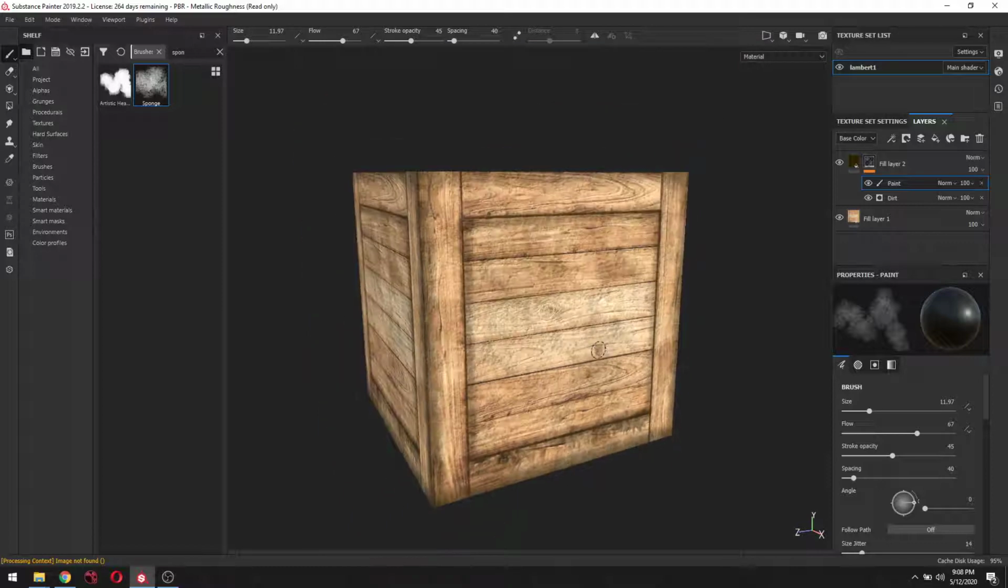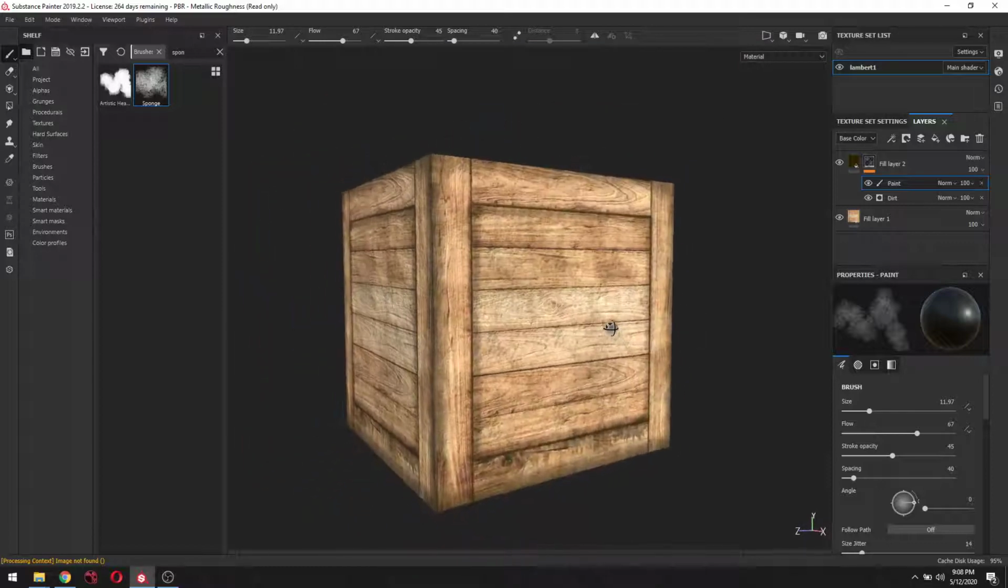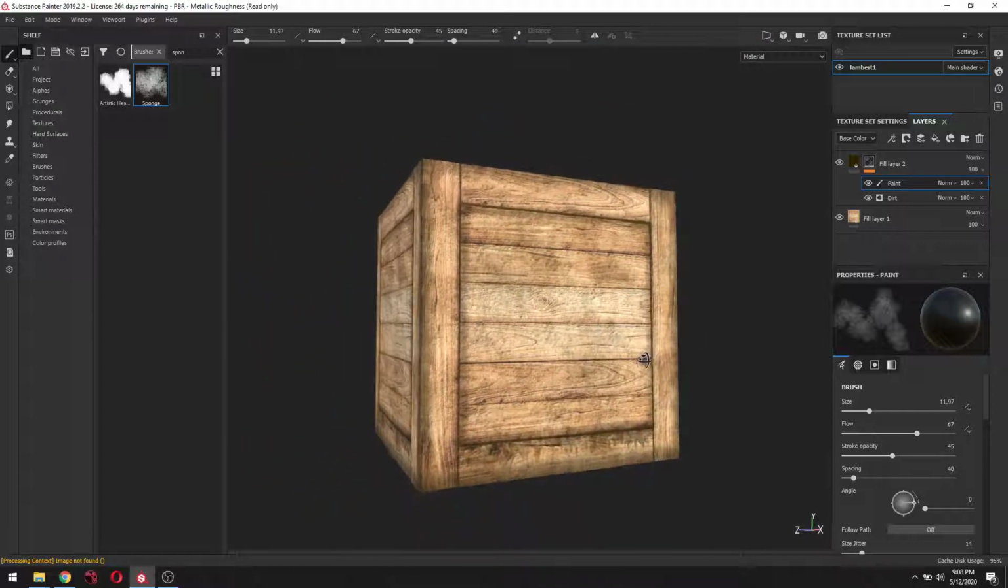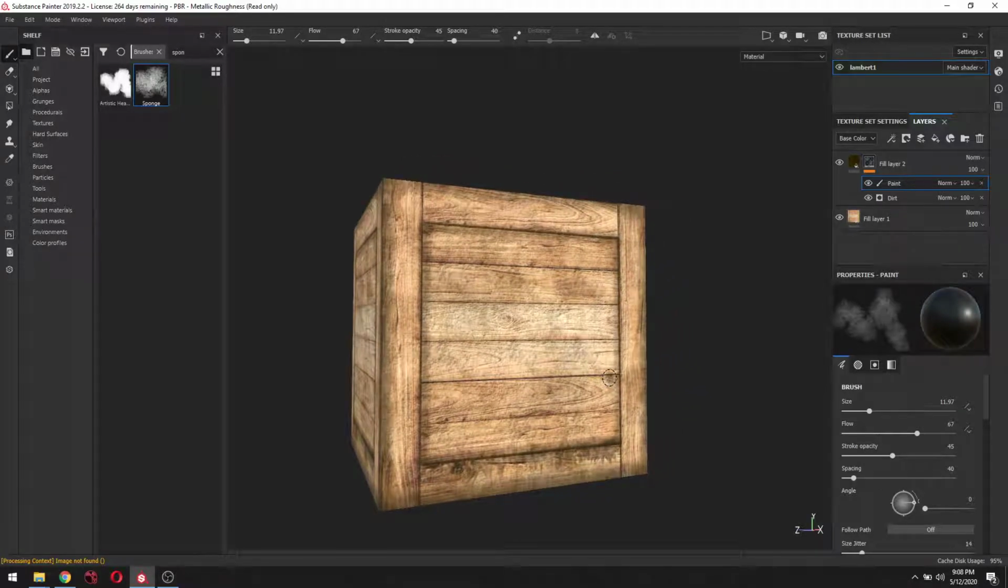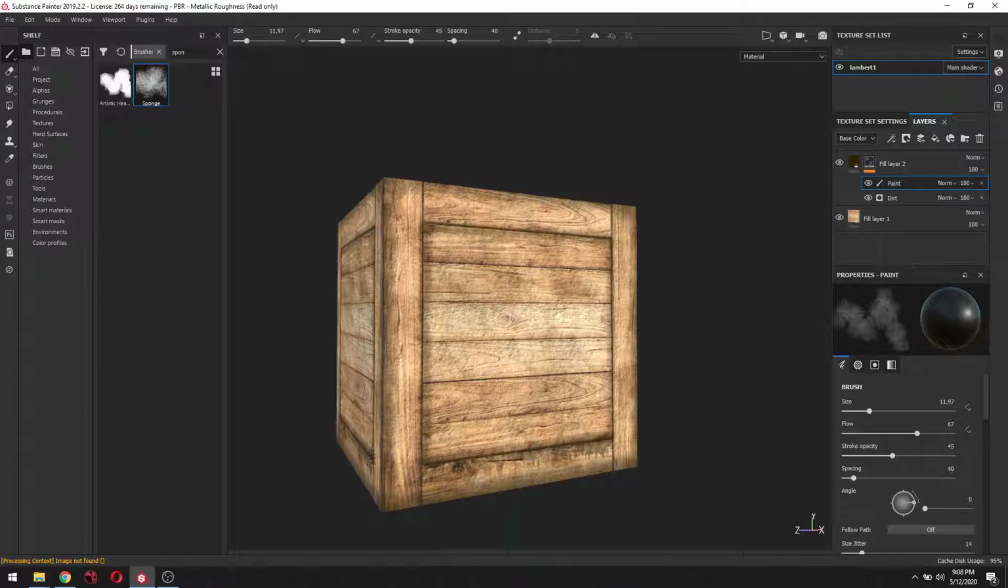Okay, so there is your crate. Okay, now I'm not finished here. I want to get a little bit more creative. I want to go ahead and add some textures along the sidelines right here. Okay, and in the middle. For that, I'm going to go ahead and do that on a separate